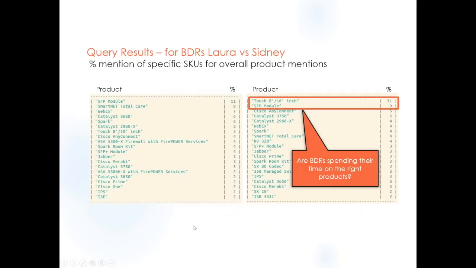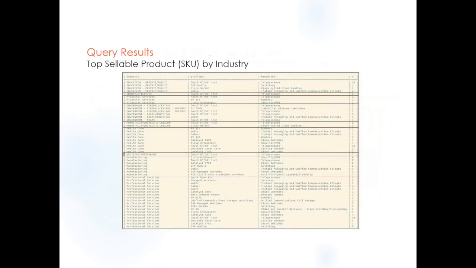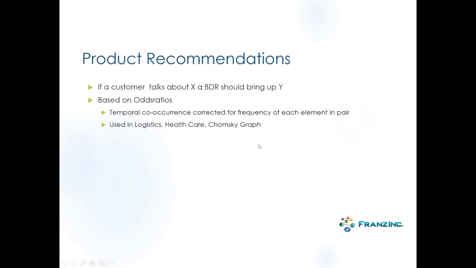Then you can look at, okay, given two particular salespeople, what do they usually talk about? Yeah, because you can use that then for online routing, or who has the most experience on a particular product. Or you can look at per industry, what are the products that within this industry people usually like to talk about. And again, there's so much more to be said about it.